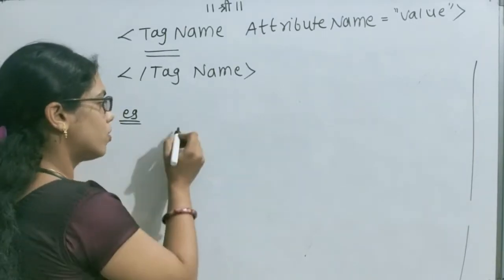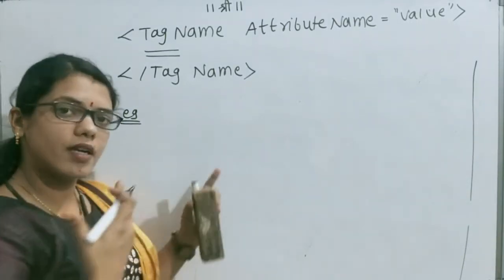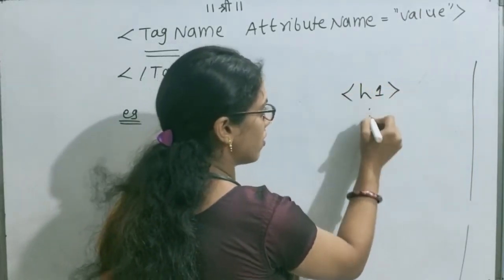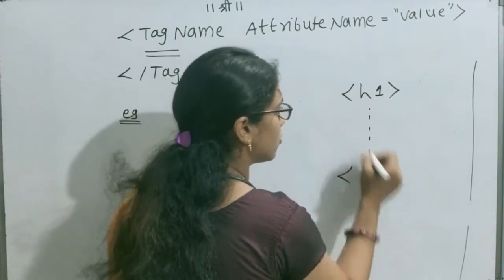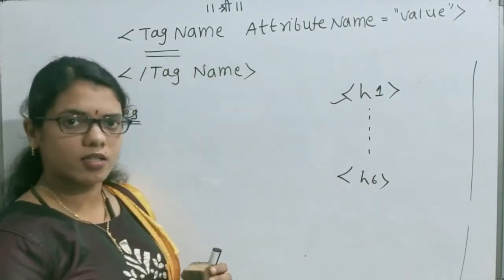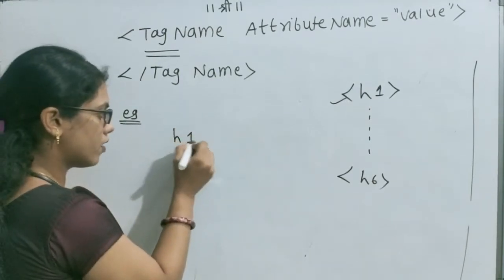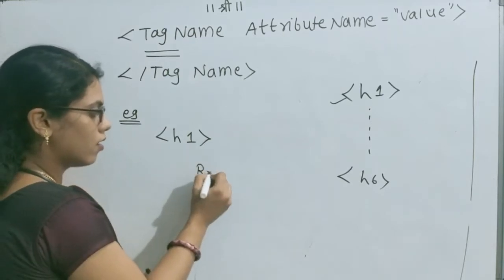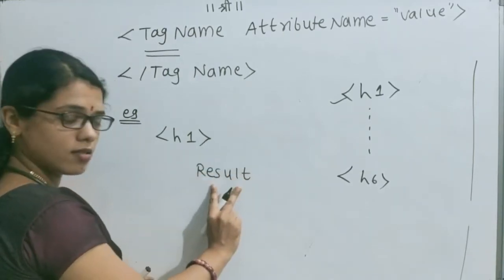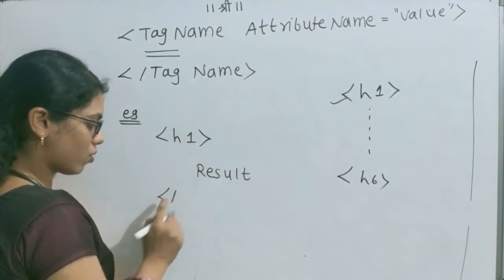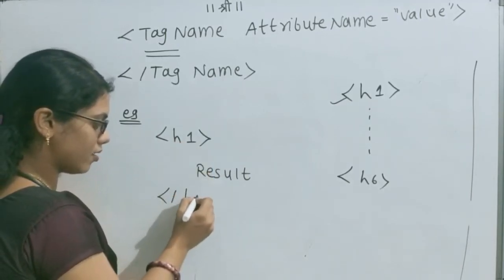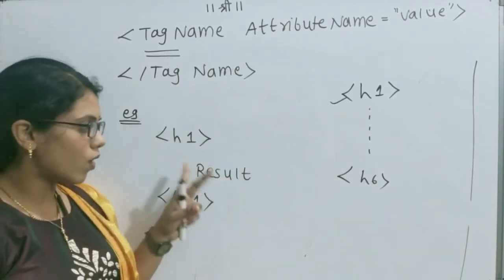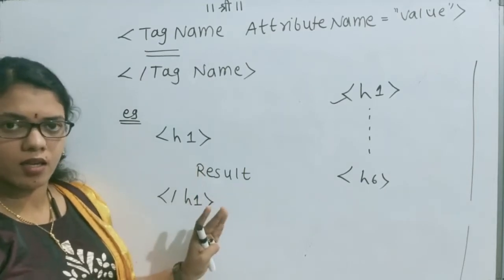Okay. So to display headings, we have different heading tags from H1 to H6. We are giving priority to the largest heading, H1 tag. So H1 is our tag name, simple tag name. Then our element content is result, and the tag is closed with forward slash and the tag name as it is, that is H1. So result is displayed as a heading.